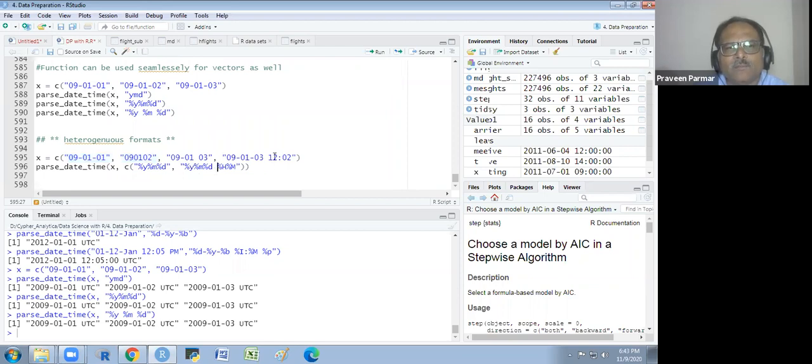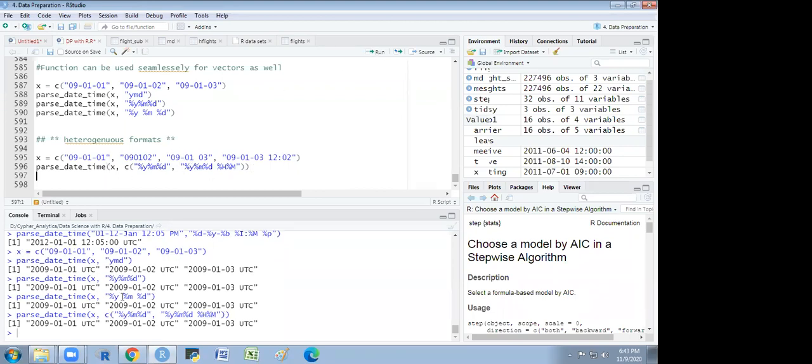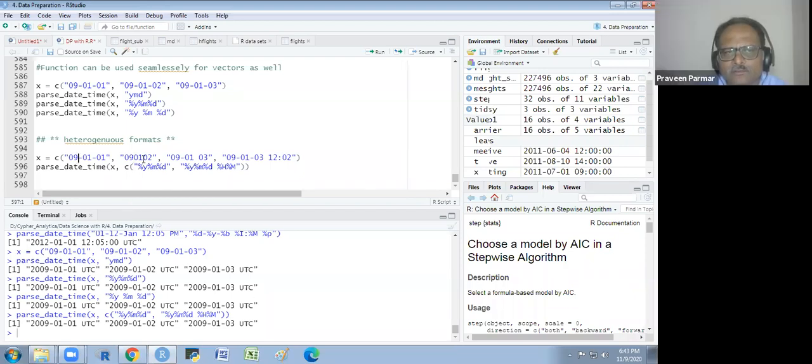And one is the YMD and time is also there, hour minute. So I will just mention there in the X what sort of formats are there. You could write whatever the format here. So if I run it, I will get it in the same format. Okay. We have a different format sometimes in a column. They have written in a different way. So we could also convert them.